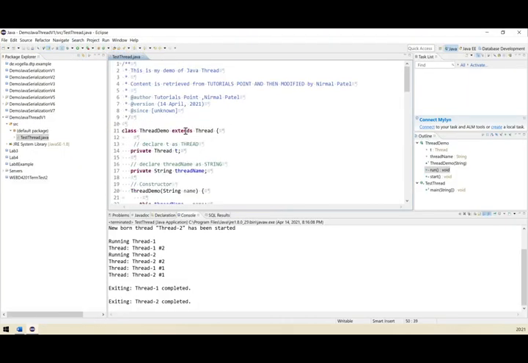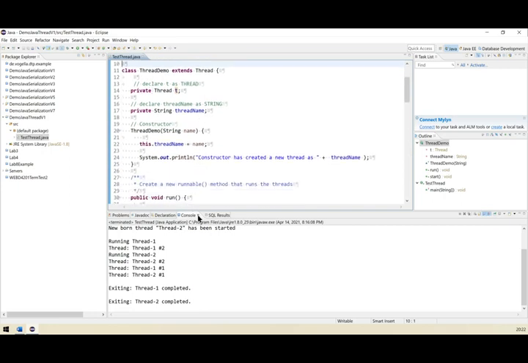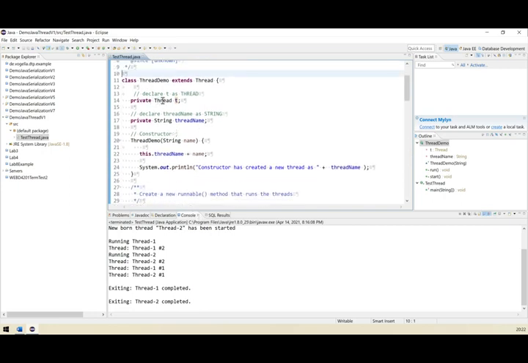So this is Eclipse, and this is the project. Now this project is mainly retrieved from Tutorialspoint, and then I modified it. In this program, I have a class called ThreadDemo.